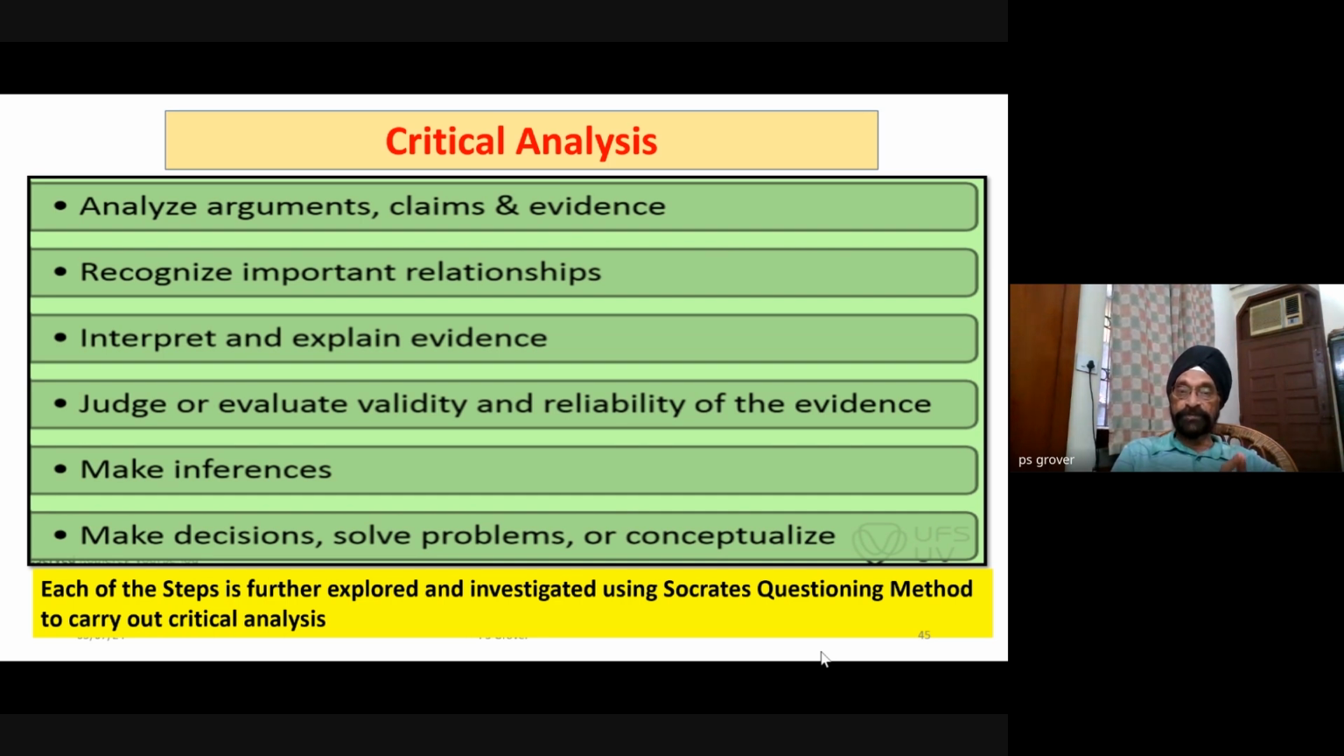You reorient your education system where we imbibe critical thinking skills in the student by enabling them to understand what it is all about. That's what industry wants. That's what employability skill is. Each of these steps is further exposed and investigated in the classroom by using Socrates' questioning method. That means we need to develop the habit in the students wherein